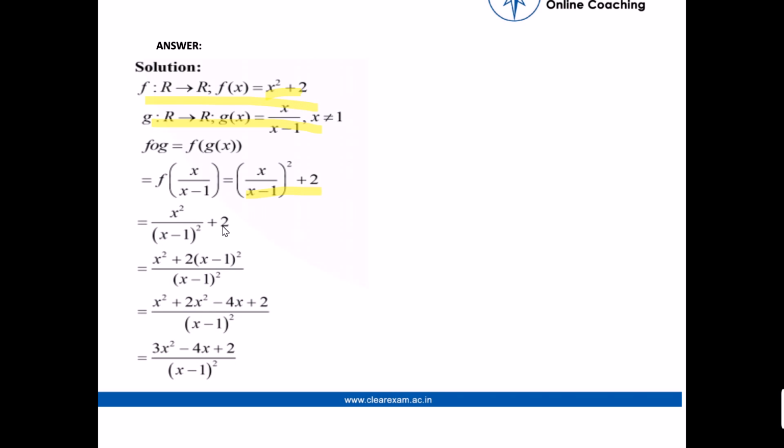So after solving this equation, we get x²/(x − 1)² + 2. After that, further solving, we get (x² + 2(x − 1)²)/(x − 1)². Further solving, we get (x² + 2x² − 4x + 2)/(x − 1)². Further solving, we get (3x² − 4x + 2)/(x − 1)². After further solving this, we get